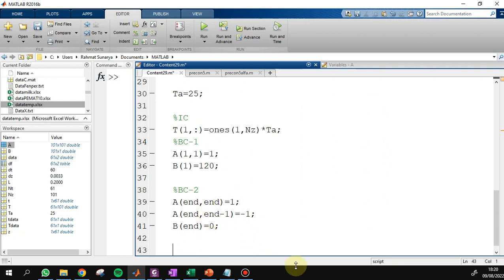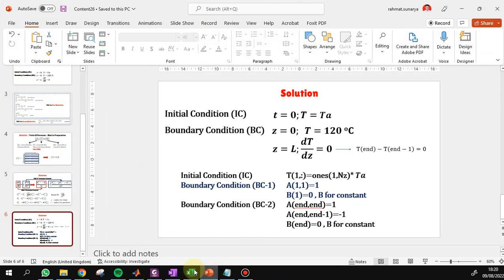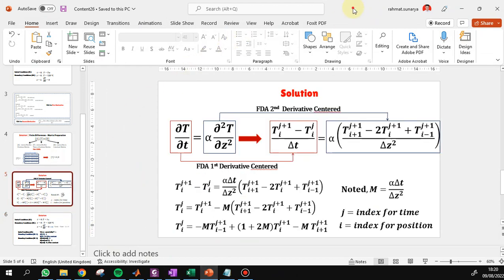Next we move to prepare the tridiagonal matrix. Tridiagonal is special. We must prepare it with a loop algorithm. So we need this equation.